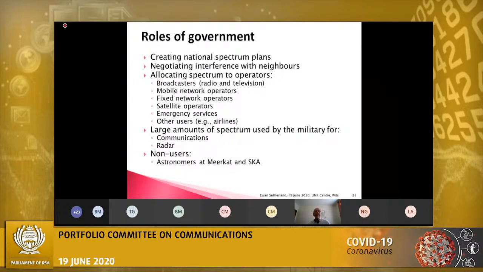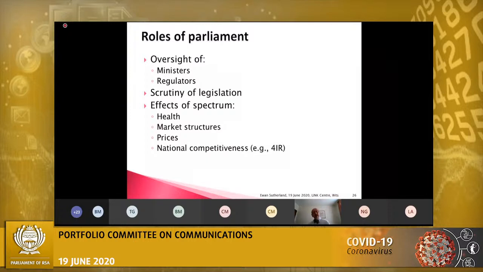The roles of Parliament. Parliament gets to oversee ministers and regulators. It has to scrutinise legislation, which is very difficult because these are technically and economically complex issues, and it has to deal with the effects of the spectrum. So the effects are health. Is it safe? Do we have the advice from the World Health Organization to say, yes, it's safe? What are the market structures? What are the prices? And the one where I think I would be critical is we need a definition of